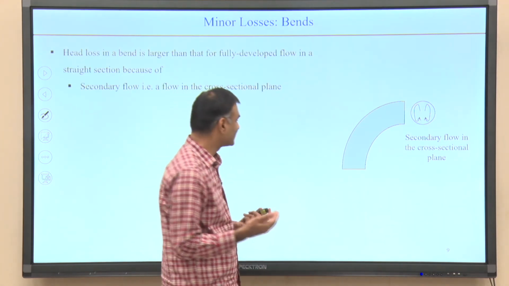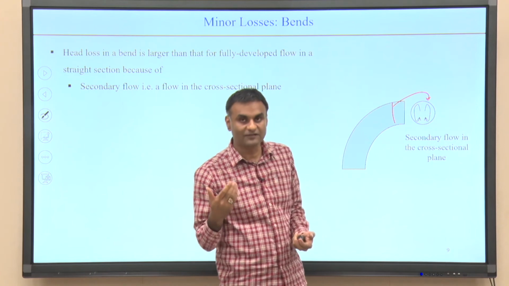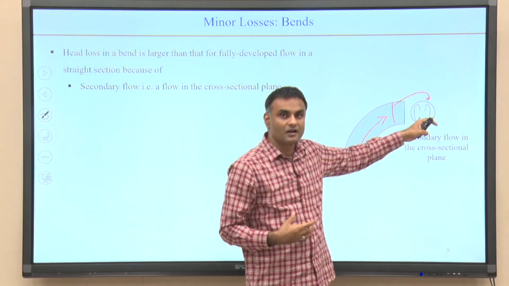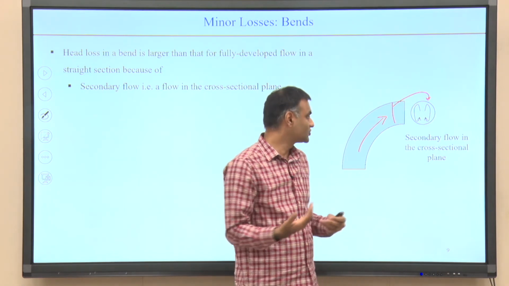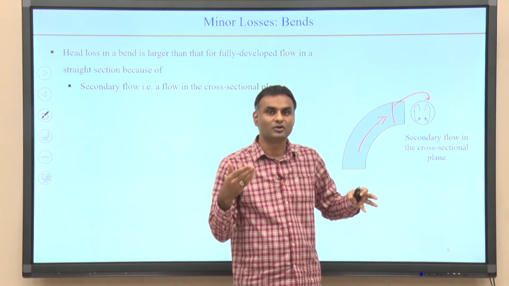One is the secondary flow might develop. So, if you take a cross sectional area as had been shown here, you will see secondary flow in the cross sectional area of the pipe. By secondary flow I mean that the main flow or the primary flow is along the pipe length. But if you take a cross section and look at it, there are vortices in the pipe cross section which are called Dean vortices, and this is because when you have a curvature, secondary flow comes into the picture